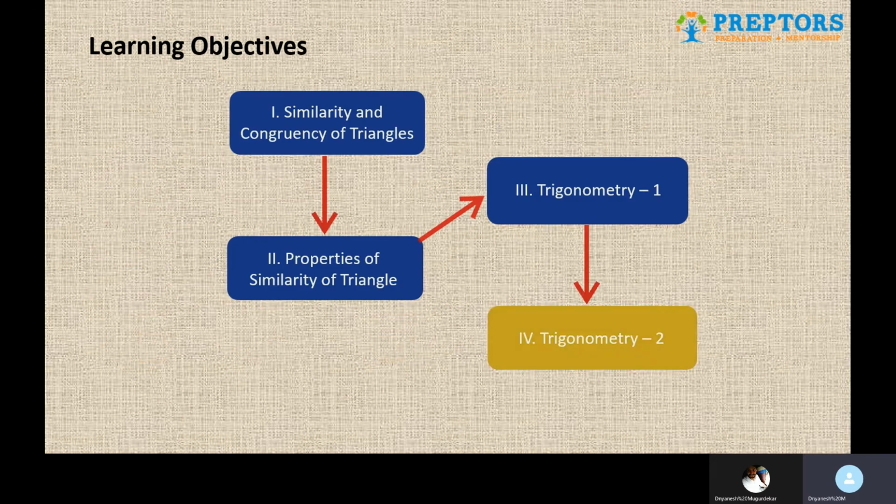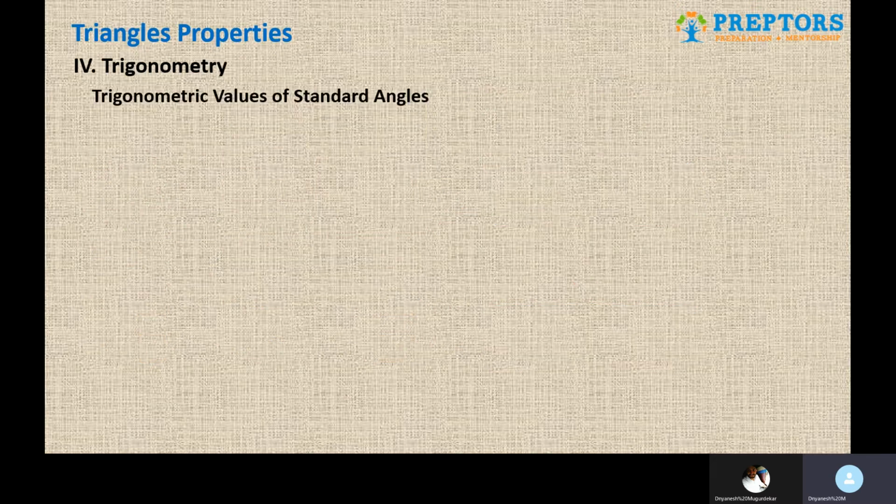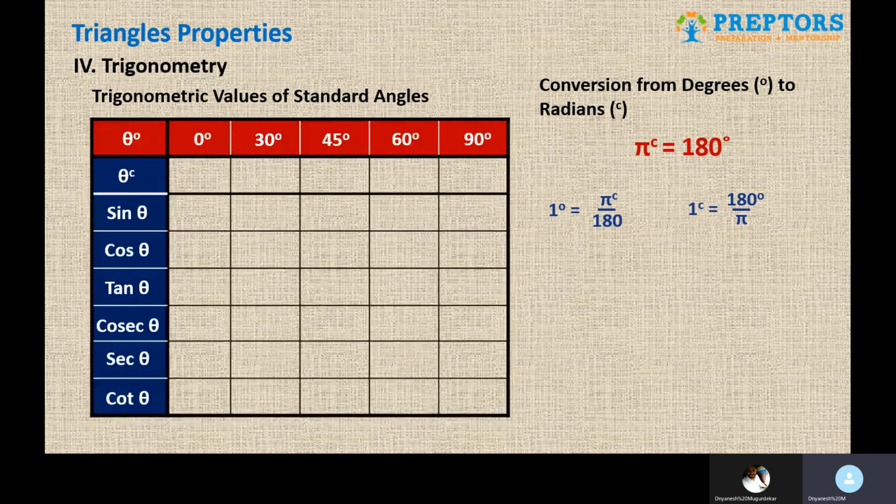Trust me on that. The next part is the ratios now, the values of the trigonometric ratios. So obviously again in this also you just need to remember all the values of sine. So sine 0 is 0, sine 30 is half, sine 45 is 1 by root 2, sine 60 is root 3 by 2, sine 90 is 1. That's it. You remember this row, rest everything is very easy.